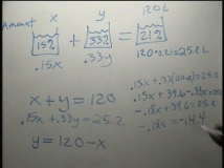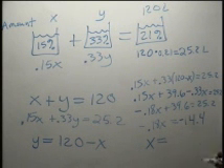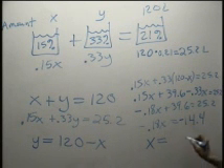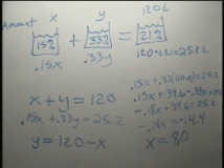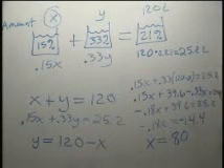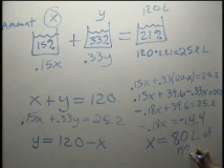Sorry, negative 14.4. And then dividing both sides by this negative 0.18, what I'll end up with is 80. Okay? X equals 80, which tells me, since X is the amount of the 15% acid, this is 80 liters of 15% acid,